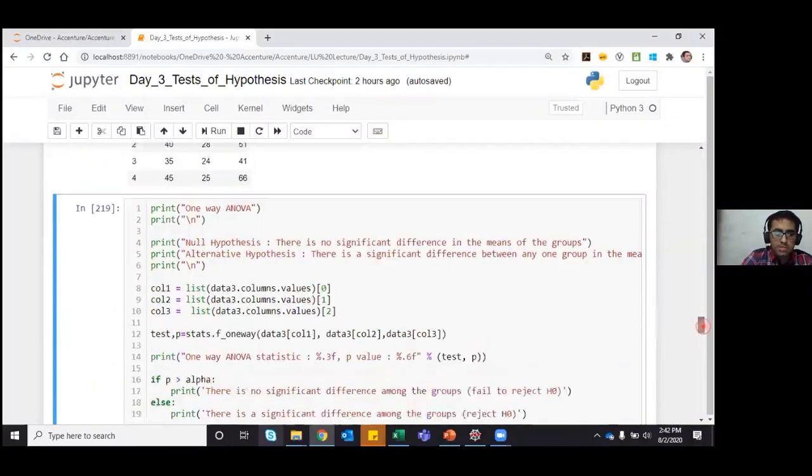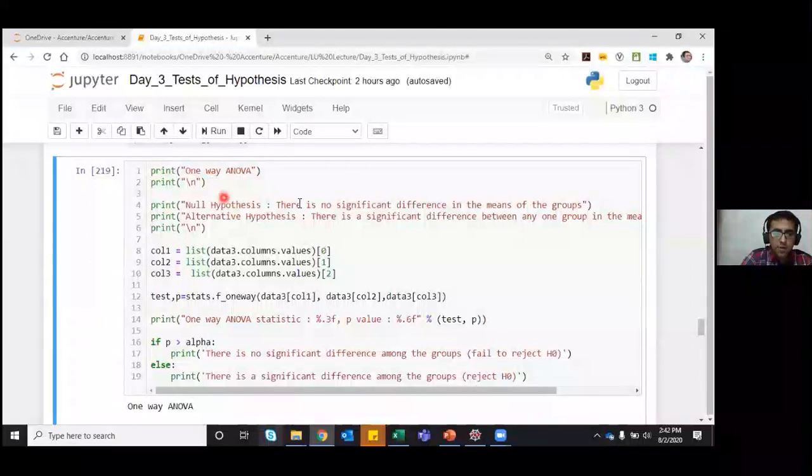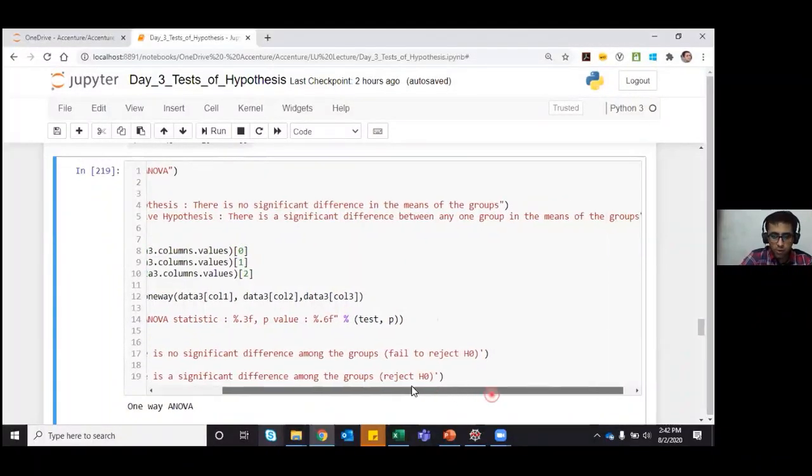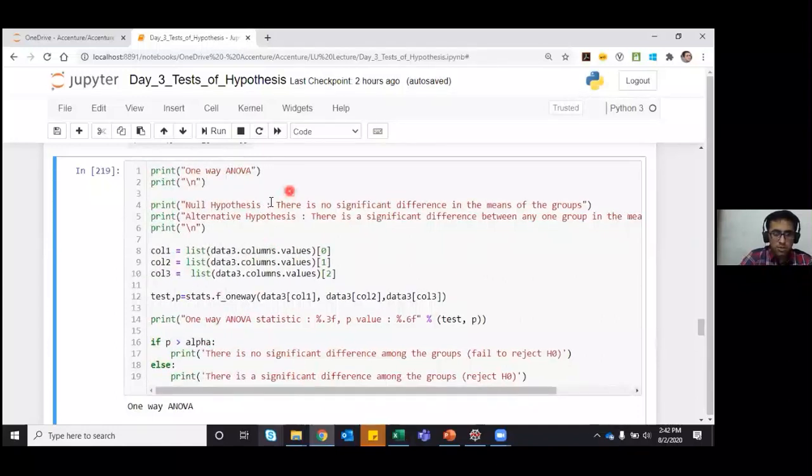That is why we go for the one-way ANOVA test. Now I have specified the null hypothesis, which is that there is no significant difference in the means of the groups. The alternative hypothesis is that there is a significant difference between any one group in the means of the groups.